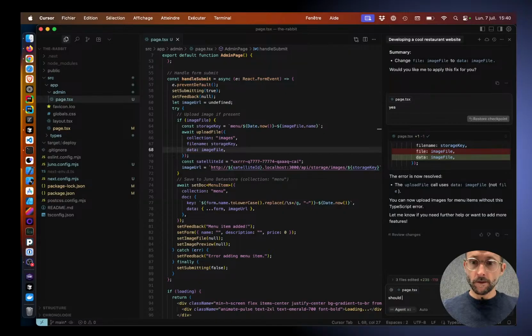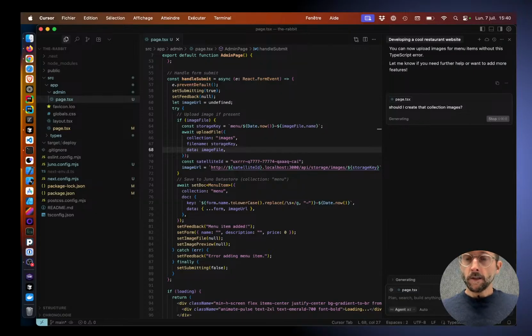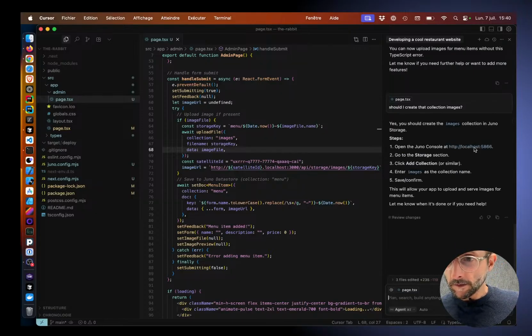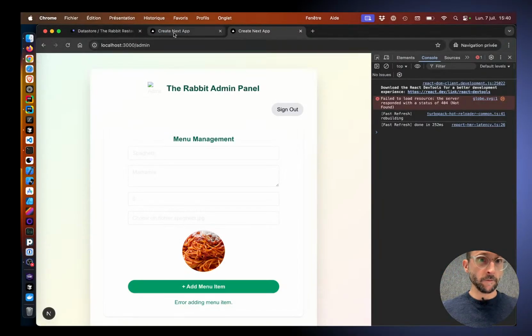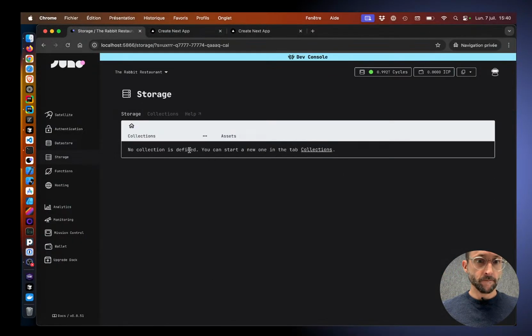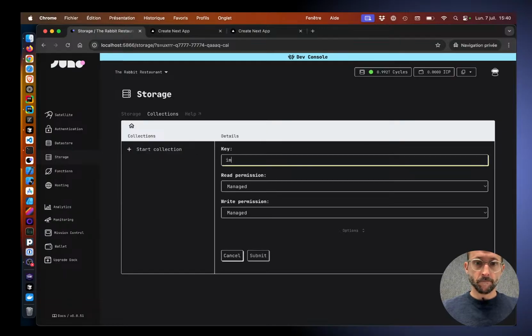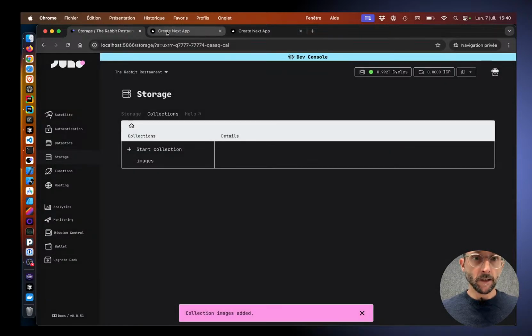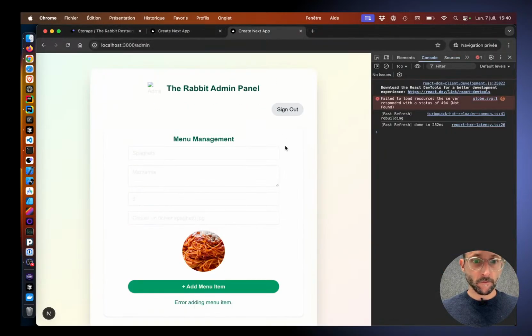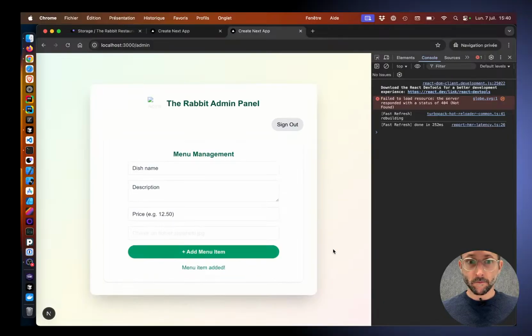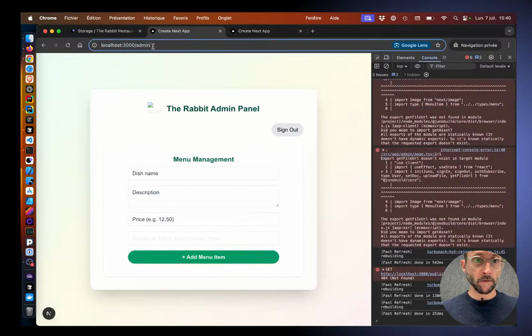Should I create that collection image? Yes, he said the storage, so that's good. Right, so where were we? And here if I refresh,